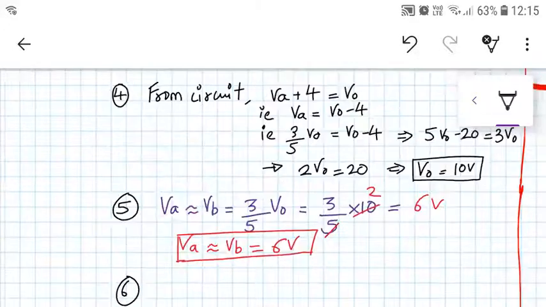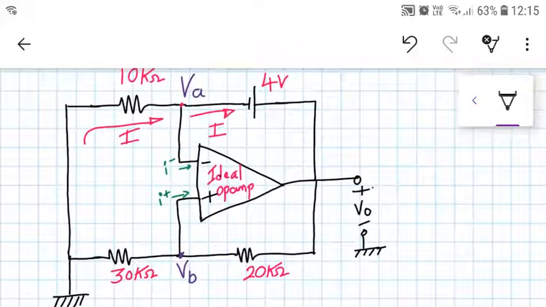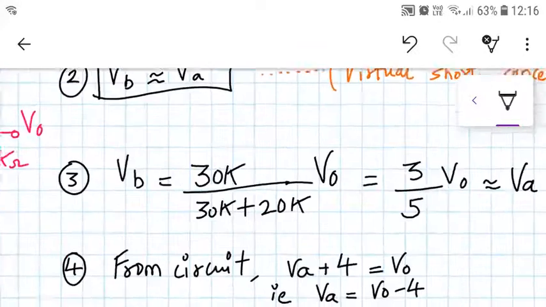So here, we can go back to the diagram. Okay, so can we represent I as follows? So I is equal to 0 on the extreme left hand side. This is 0. So 0 minus VA upon 10 kilo ohm. Can we do that? Yes, exactly. Why we are doing that is, if we want to find the power released by the 4-volt source, it will be V into I, and V is 4 volts, and we have to determine current I. So current I, again I repeat, it will be 0 minus VA upon 10 kilo ohms. So that is from the observation from the circuit.